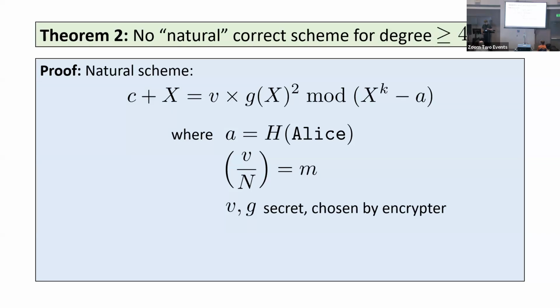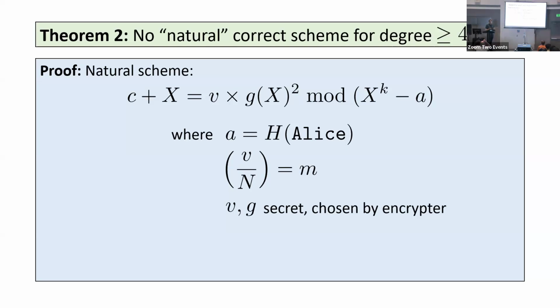Okay, now let's move on to theorem 2, which says that there's no natural correct scheme for degree greater than 4, or at least 4. And by natural, maybe because I'm a little behind on time, what I mean is that all the terms that we're generating are basically rational functions in some underlying randomness. And more concretely, what I want is that if I take C plus some variable x, this is what decryption is doing, C plus some variable x,